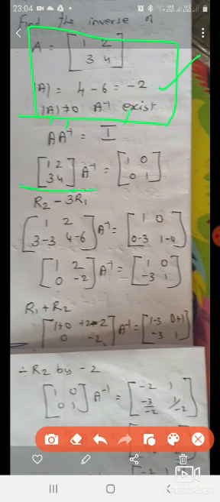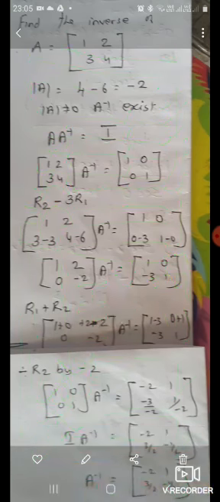So I am writing this. Now, the technique we are going to use to find the A inverse: by using row transformation and operations, I am going to convert this matrix to the identity matrix. If it is an identity matrix on the left hand side, the right hand side will be the A inverse matrix. So identity matrix times any matrix is the same, so A inverse you are going to get. That is a simple one.